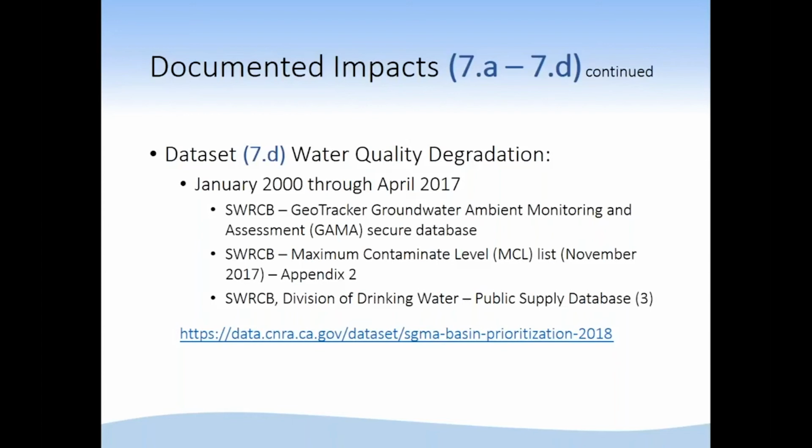Wells come in and out of that data set as active or inactive, depending on status. A well could be taken offline due to water quality, for maintenance, for demand, or just simply destroyed. So there's a lot of factors that bring it in and out. That's why we use that data set, and we said only active wells. Sometimes there's a little disparity between how many wells have MCL exceedances versus how many active wells, so we had to handle that as well in this process, which is also documented in the manual.